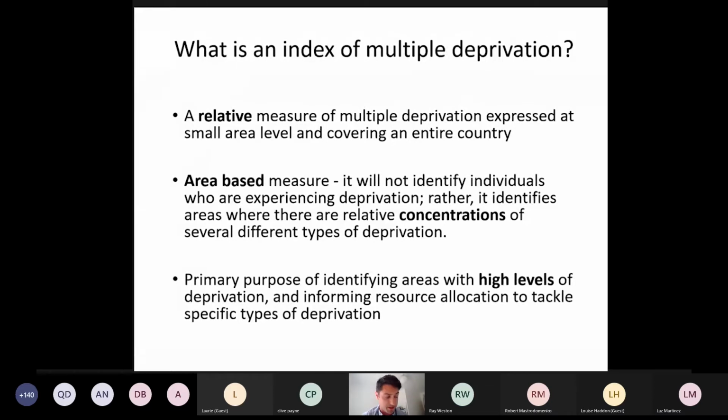Also important to think about here is the use of data and what the data is we use. So it's all about administrative data, that is data that government collects as part of due process and understanding more about its population. So think about things like tax records, crime reporting records, health information from the NHS and so forth. There's nothing primary we do as part of the indices of deprivation construction. There's no surveys or anything you might consider as a primary data collection. It's all admin-based data, which gives it a lot of confidence and a lot of strength in terms of the results and the analysis that can be done subsequently.